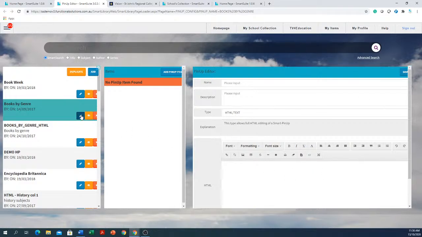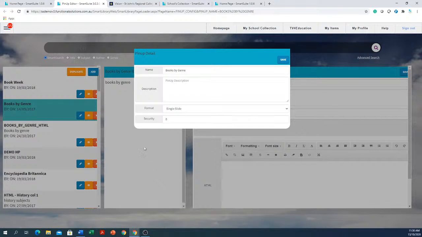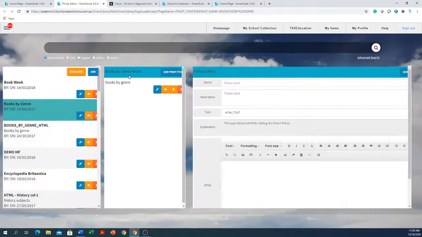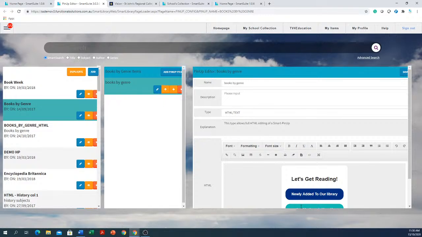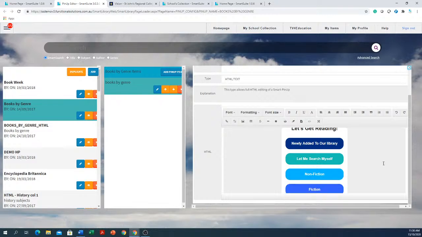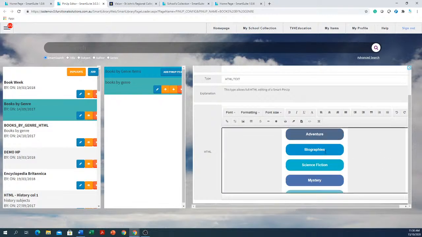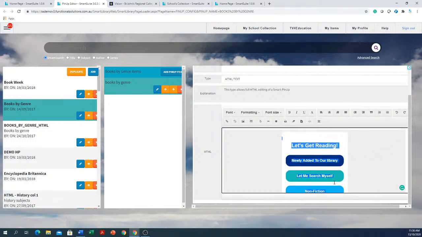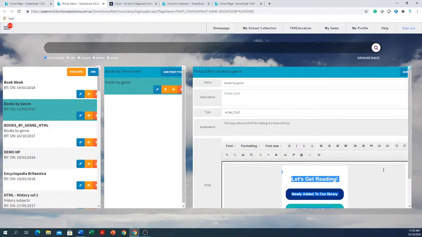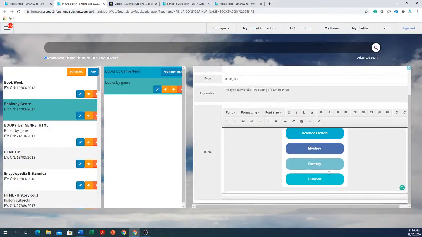So if I go edit that, okay, and then what will come up on the system is there is the pinup editor. So I've taken that and I say I want to edit that. So if I click that pencil, and there it is in the HTML editor. So if you know how to use HTML, it's in here. Okay, and you can go in here and now you can change the name of that. You can put a different URL, but you need to know HTML to be able to start working in this area. So you're getting a little bit technical in the programming area, but I'm just showing you that you can